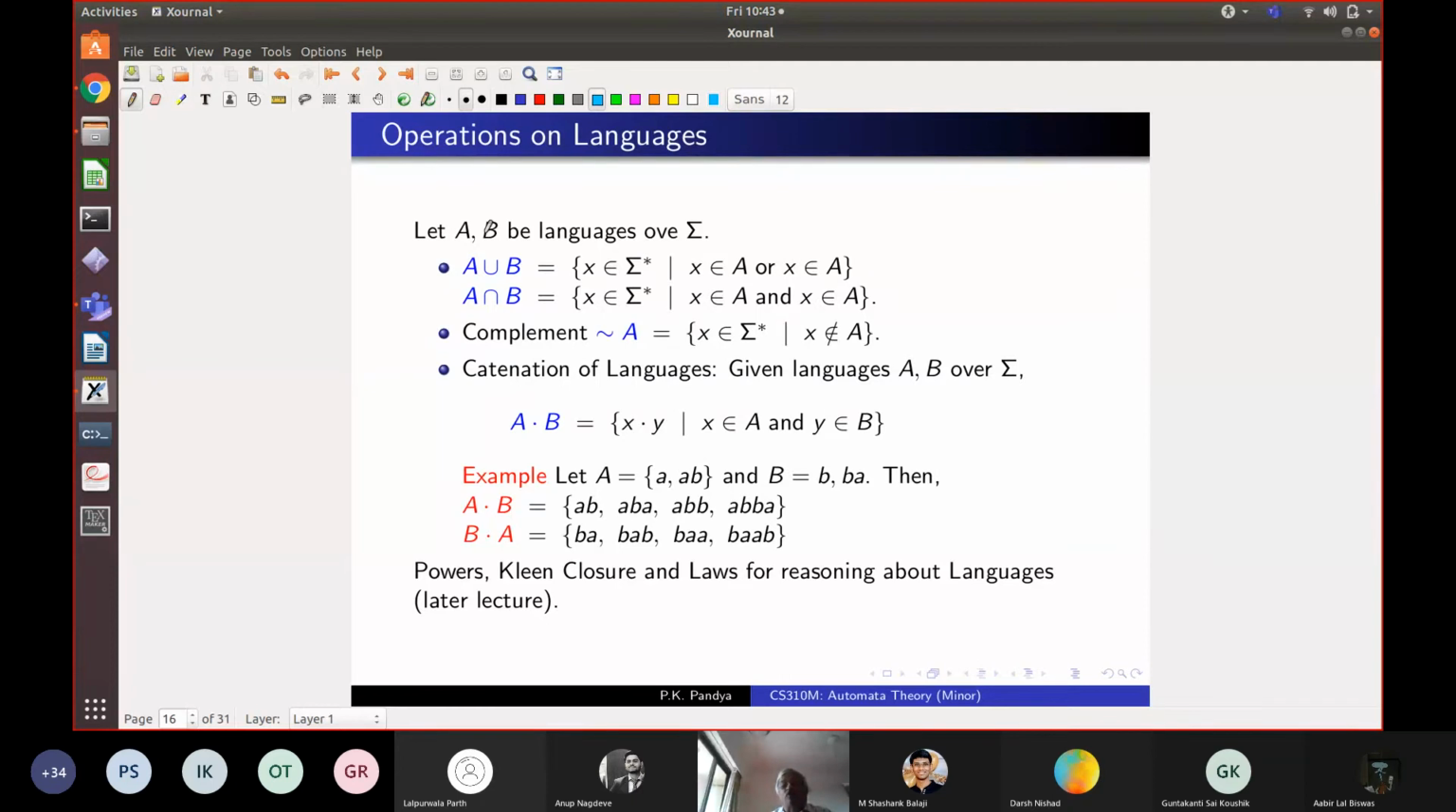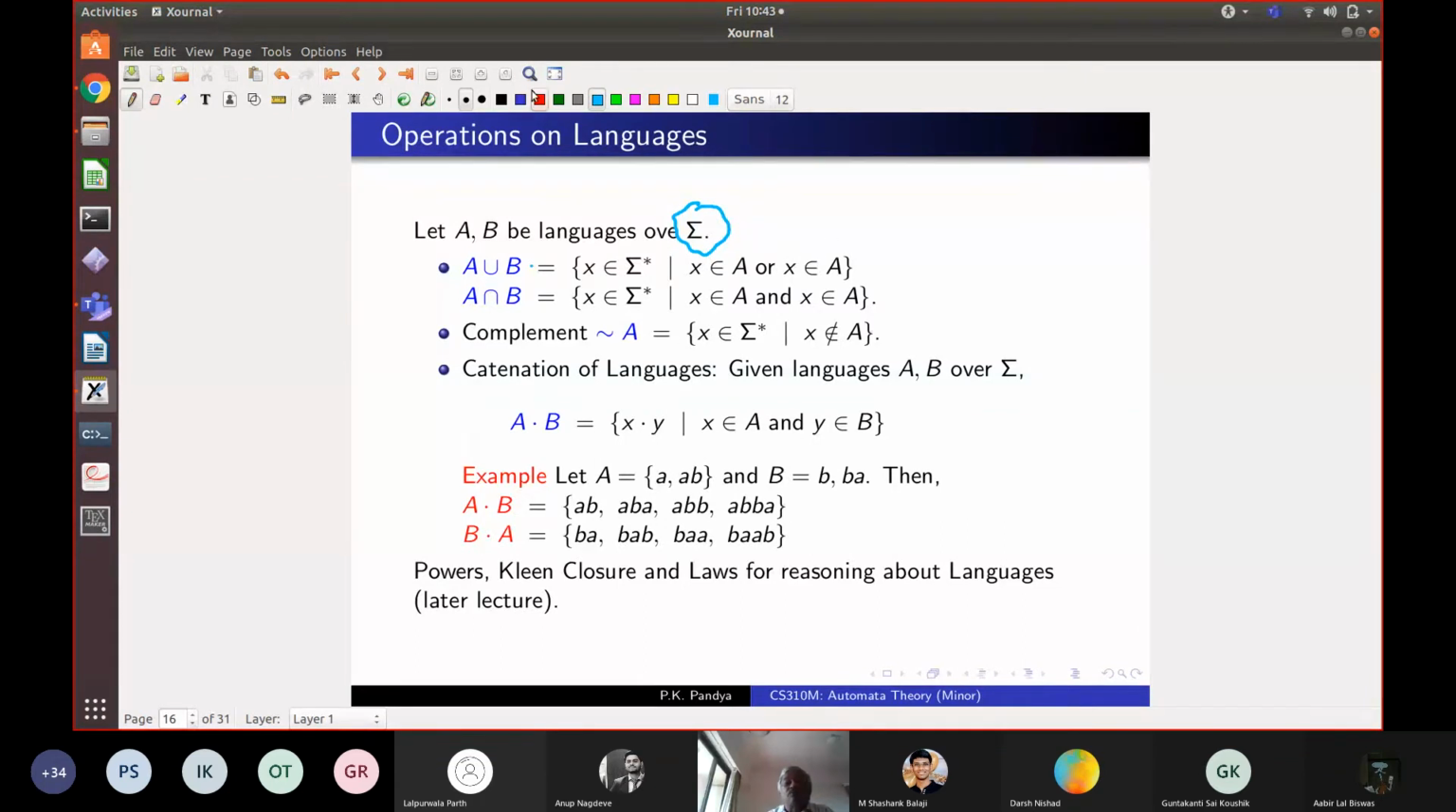So suppose you are given two languages over an alphabet sigma. We can define a larger, different language made out of these two languages A and B. For example, we can take the union of A and B because A and B are sets. A union B is the collection of all words over sigma such that the word either belongs to A or